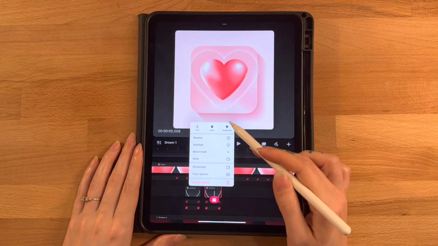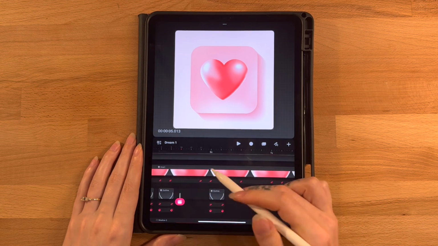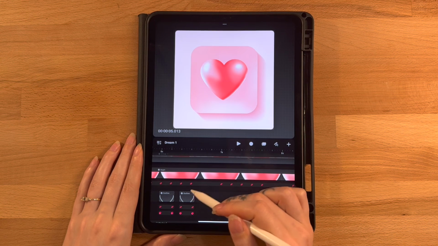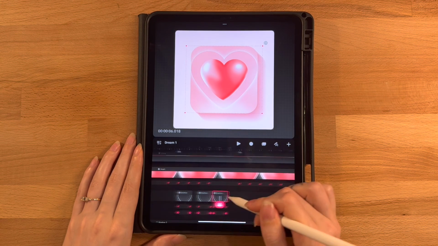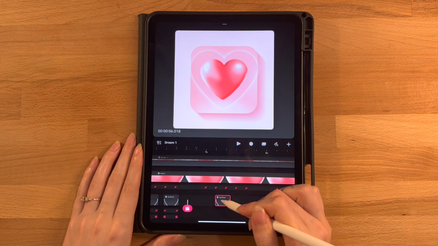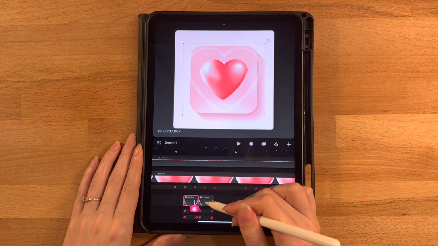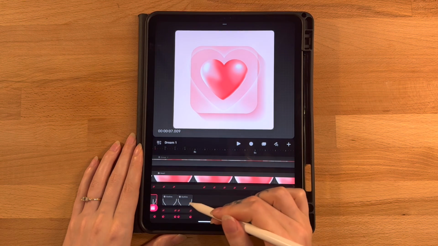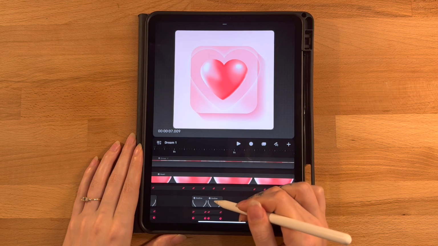Okay, duplicate, drag it down to the 2nd one here, duplicate, drag it to the 4th, duplicate, drag it to the 2nd, or the next one, duplicate, drag it to the 4th, duplicate, 2nd, duplicate, 4th,